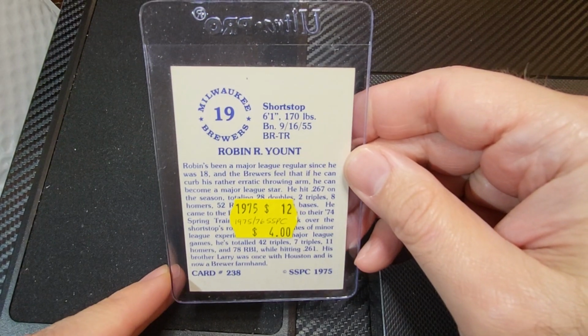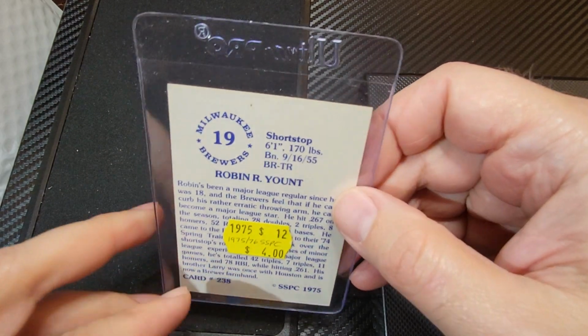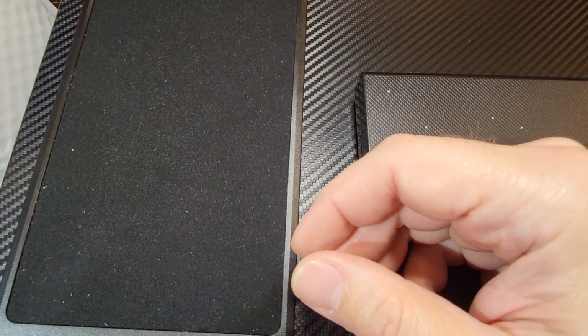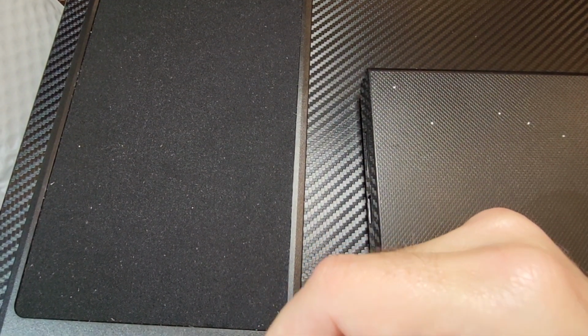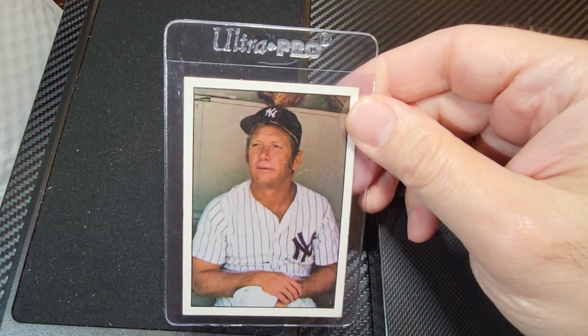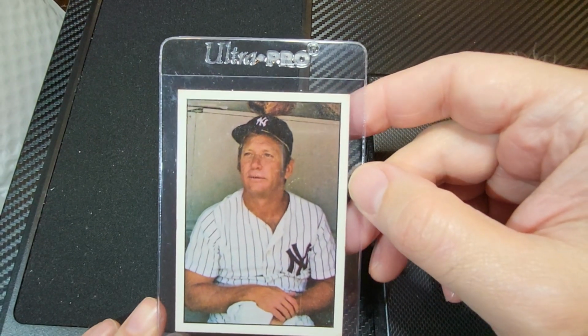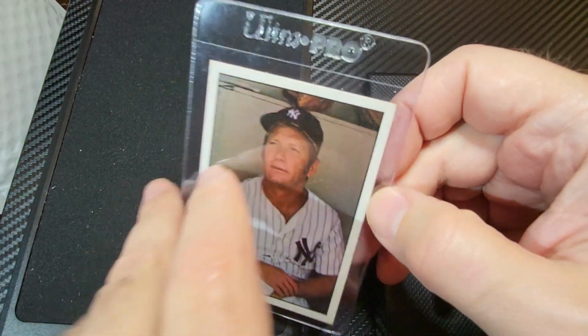Robin Yount. 75. Well, 75. So there you go. Hall of Famer. Pretty early. Really off-centered. But neat. I guess if you were a Robin Yount collector, this is one that you would want on your list. And then, granted, his playing years were over, but you know, you got to get this. You see that, and it's like, okay, yeah, I'm gonna get that. I mean, I'm not a big fan of him. I appreciate how good he was, but I mean, it's Mickey Mantle, so